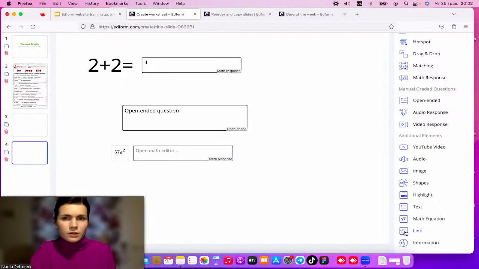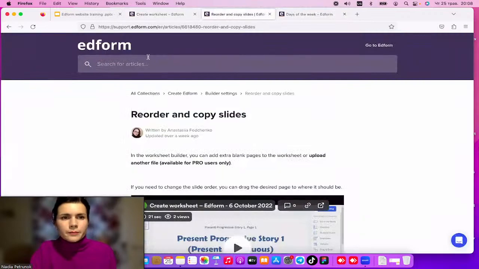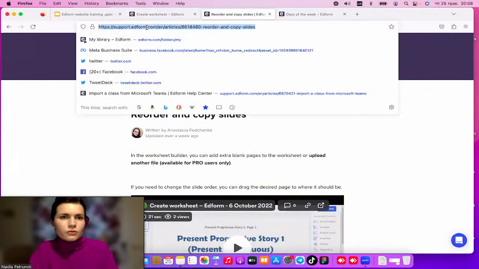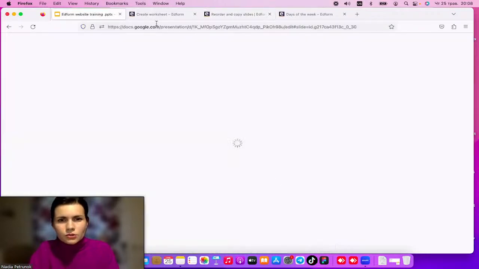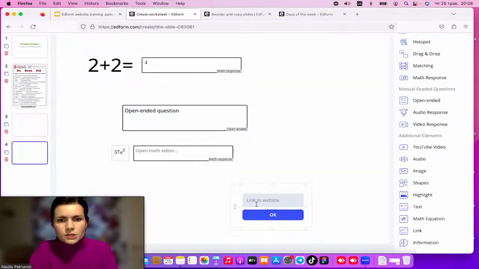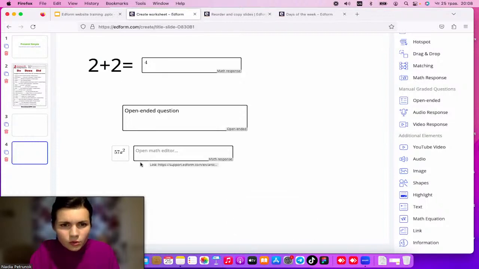If you would like to add some additional information, you might add a link. It works like a YouTube link, but it's a link, for example, for the EDFORM worksheet, or for the EDFORM site, for anything, any site you would like to use. So we just copy the link here and put OK. That's it. We do not have this preview. We just have this small box somewhere below